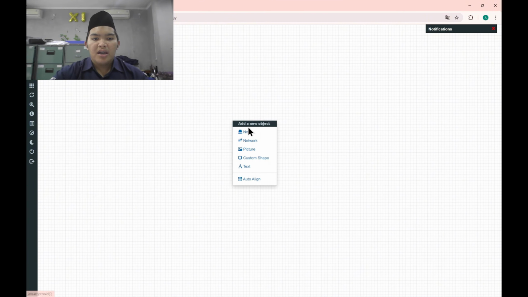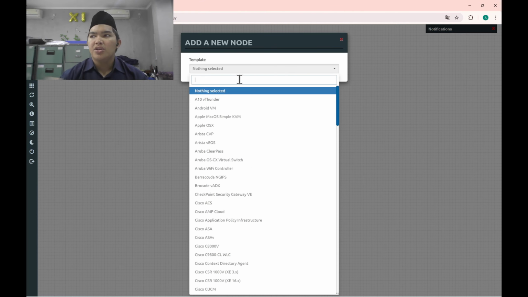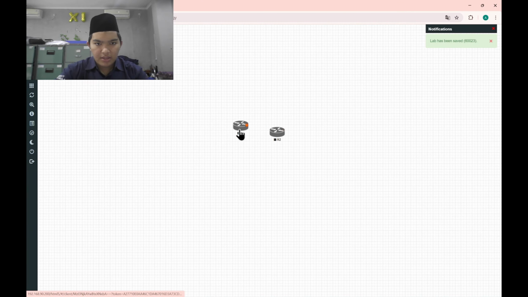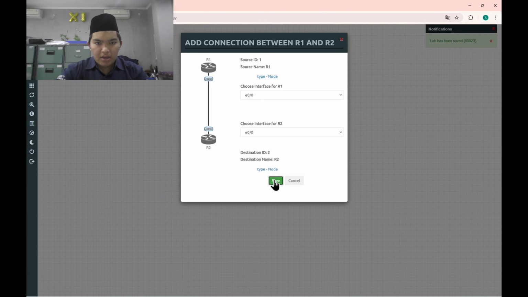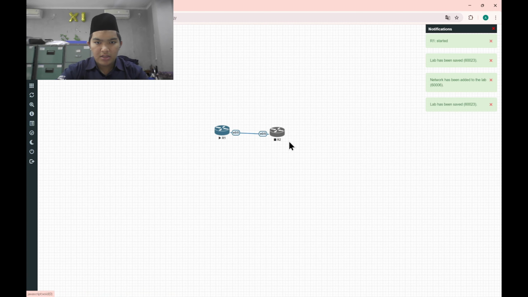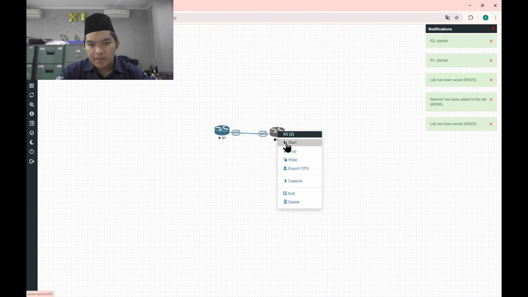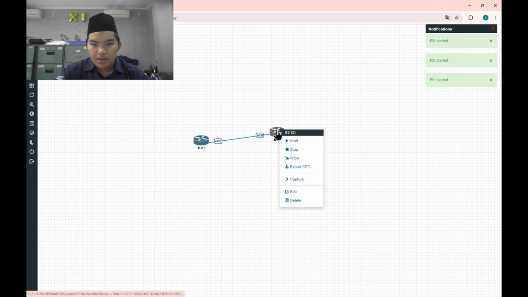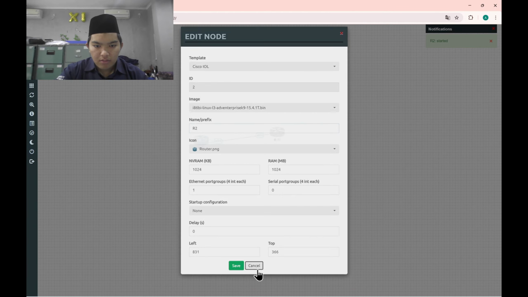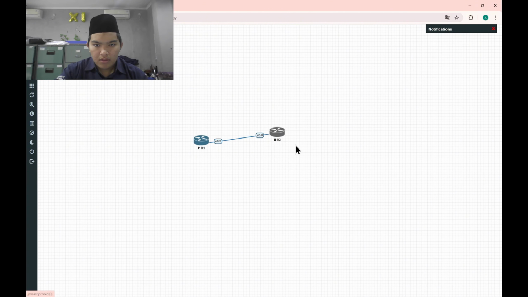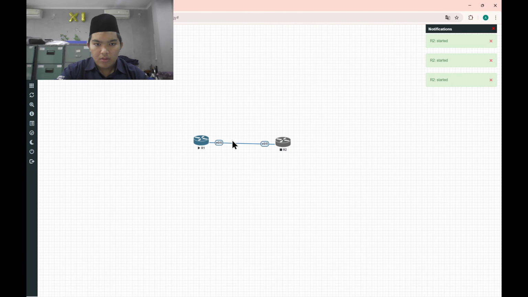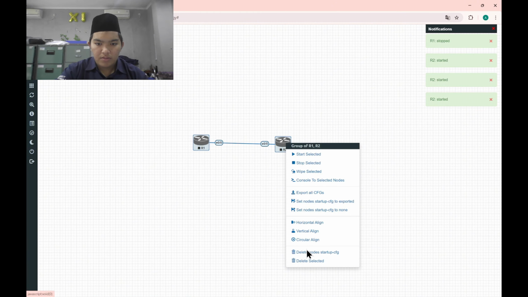In this tutorial, I only use a simple topology using two routers like this. I'm going to connect them first and then start. Wait, what happened? Okay, wait, the filter is back.